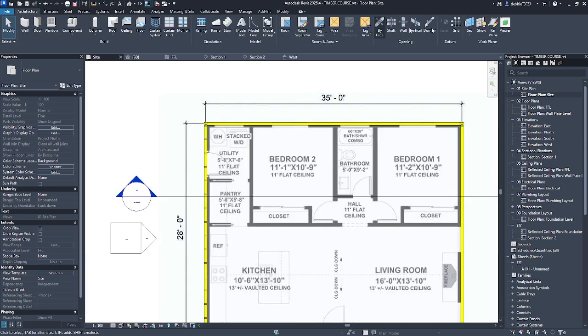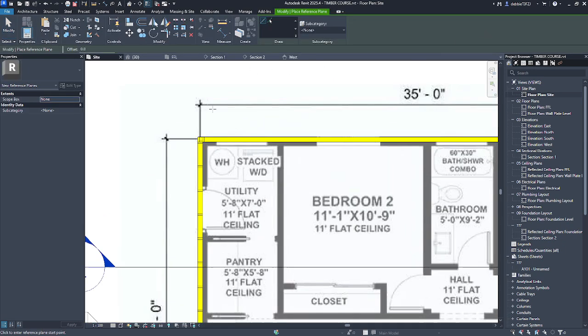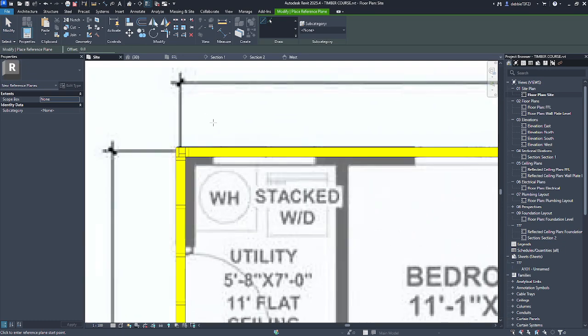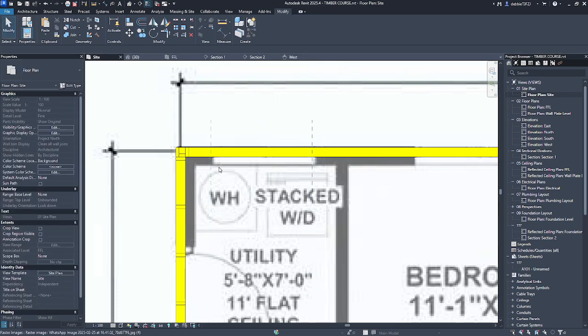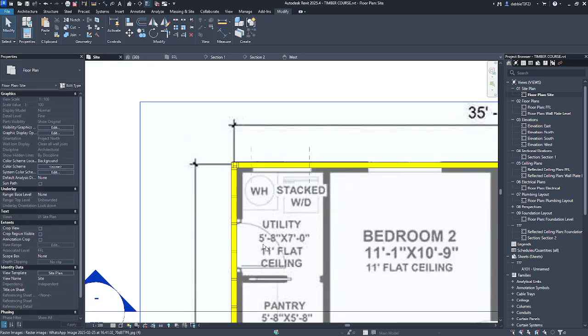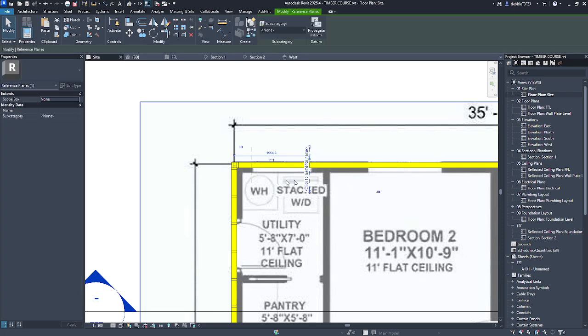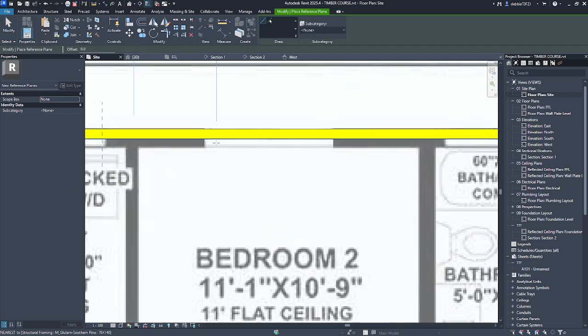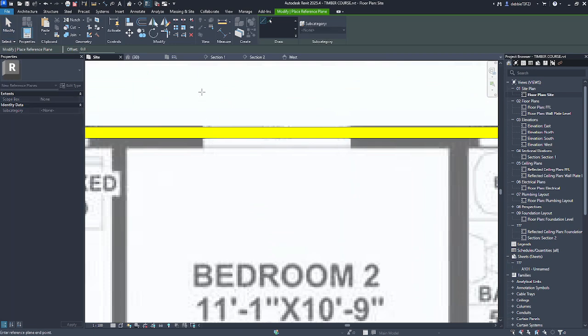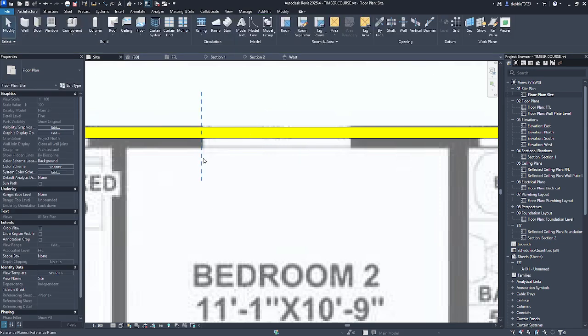So let's go to architecture, reference plane. Copy, check. Let's make it a nice 1.2 for that window. It's going to be a high window because it's above a counter. So let's go back to architecture, reference plane. Remember in Revit, reference planes are your friend.